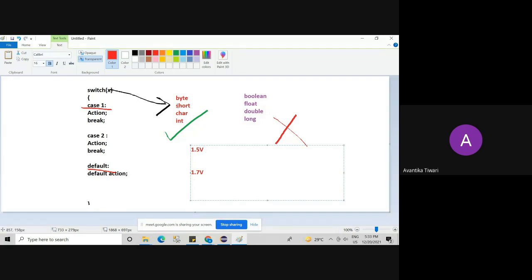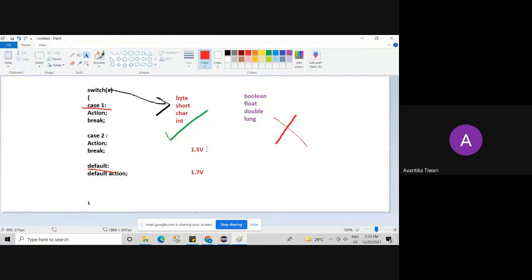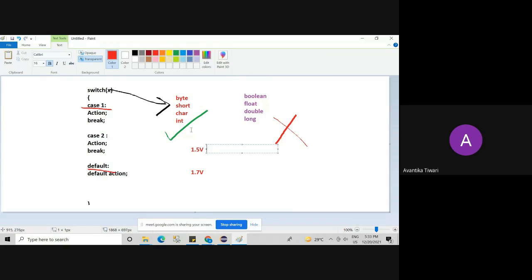Before 1.5 version, only these 3-4 primitive data types were allowed inside the switch for specifying the cases. Then in 1.5 version, wrapper classes, something we are going to discuss later, and enum are also allowed inside switch, along with these 4 primitive data types.